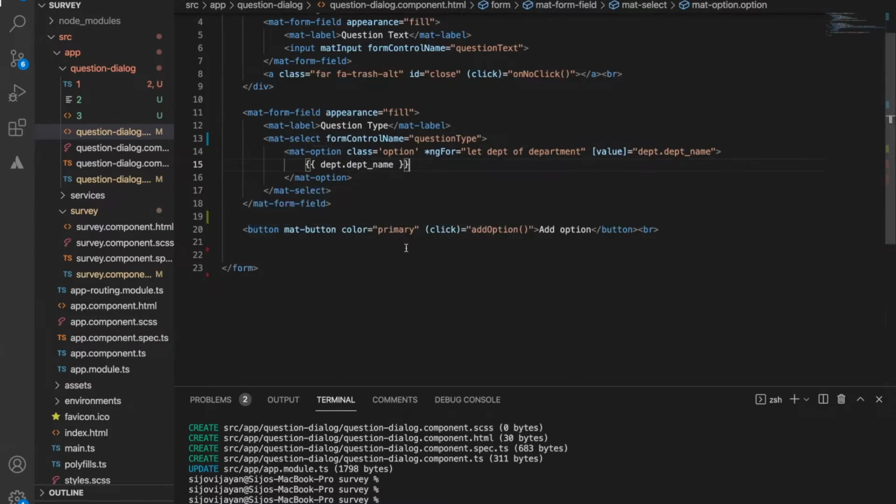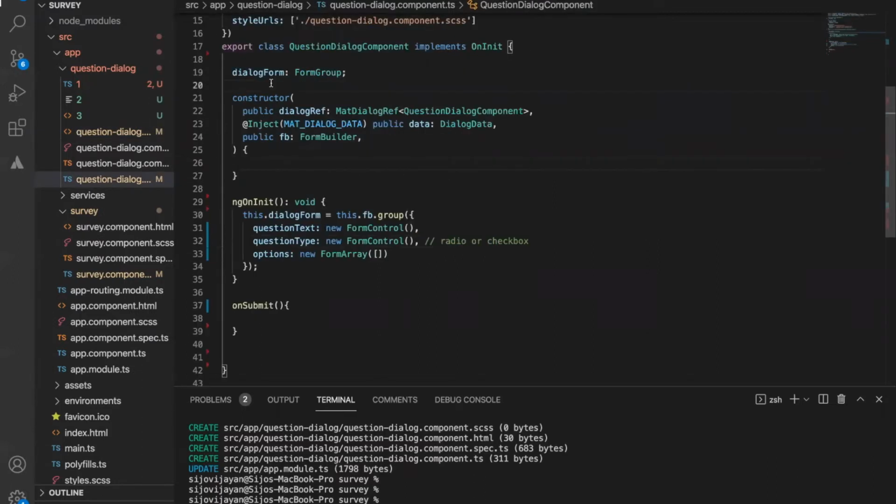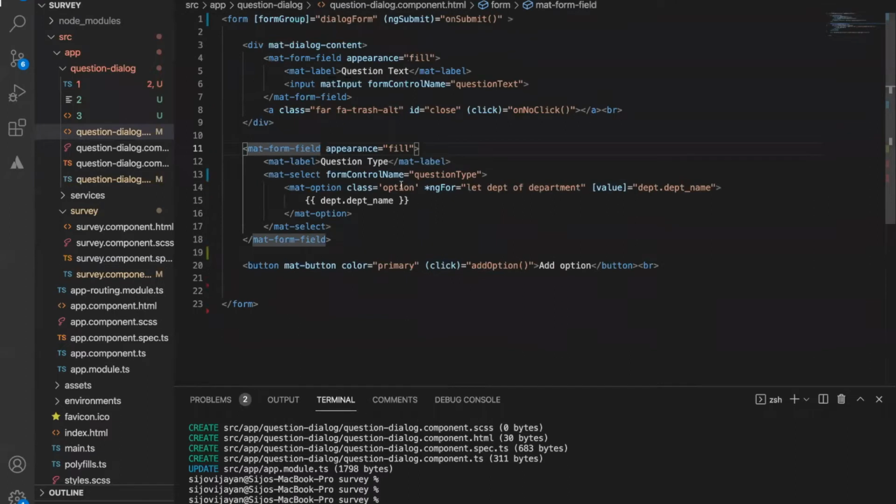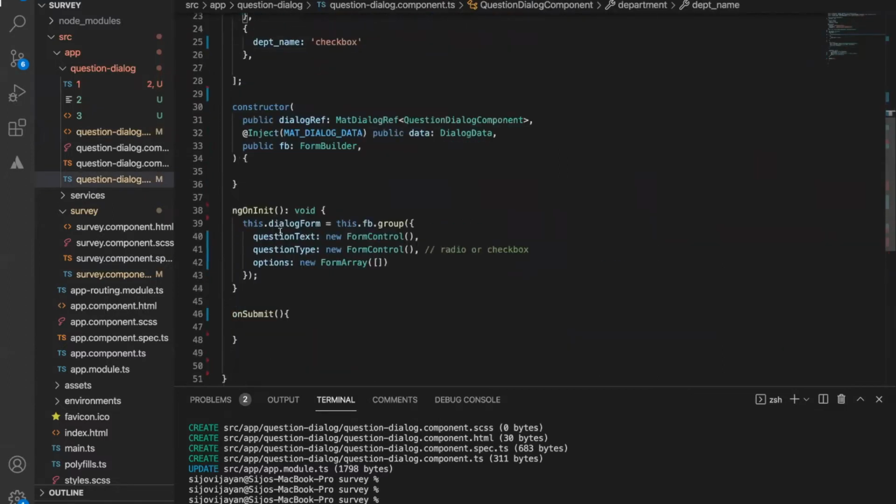So here I have added a button, so that on the click of this button we will add new options, like new text boxes. This function should provide the dynamic functionality. So here I am going to define a variable like this, department. Based on this, it will show this text box, this select box. I put save. Then we have to define a function as well. So I will define that function here like this and save it.